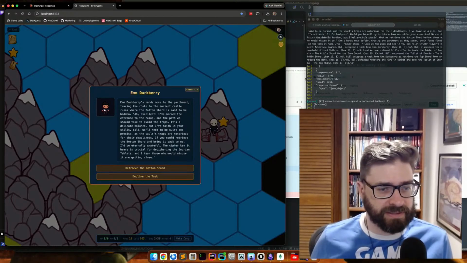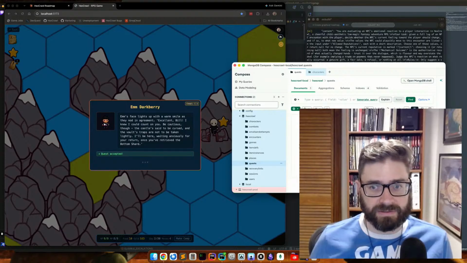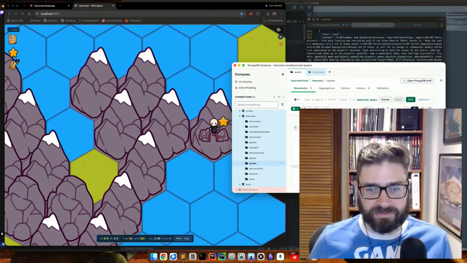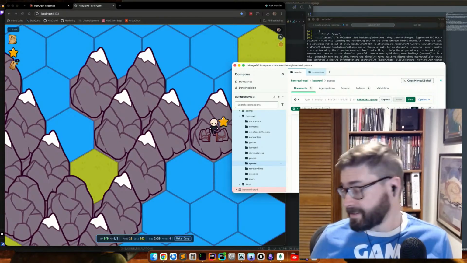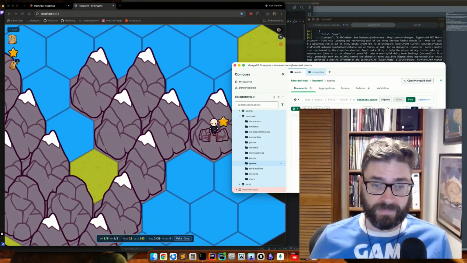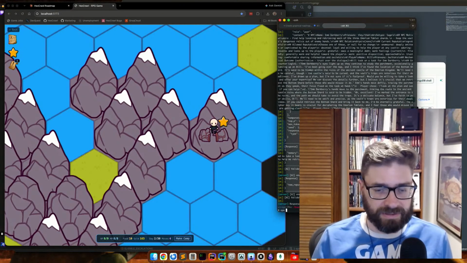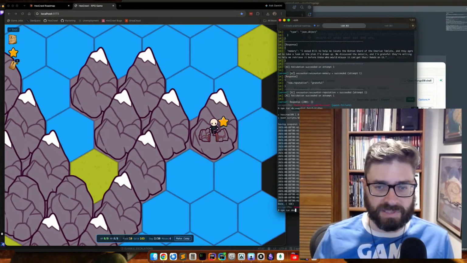Okay. Yes, I will retrieve the bottom shard for you. Excellent. And I'm gonna take a peek here at the data. So quest 3. Mechanics. Fetch an existing item that is hidden in a location. But not really, because we're gonna fail, and it's gonna turn out to be somewhere else. Okay, before I get in too deep here, take a snapshot. We'll call this fetch hidden. Great. Okay.